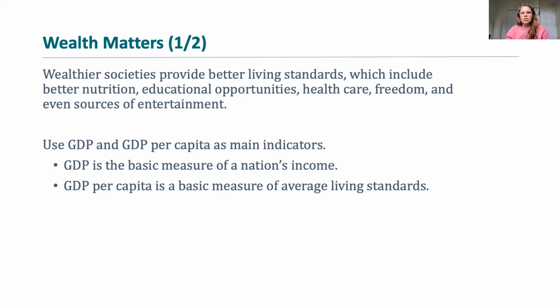And when we take that measure and divide by the population, we get GDP per capita, or in other words, per person. And this gives us an average, a basis for understanding what the typical citizen lives with in terms of living standards. Now, of course, because this is an average, there will always be people who are much wealthier and much poorer than that average. But it's an indicator for us on how well the nation is doing as a whole.